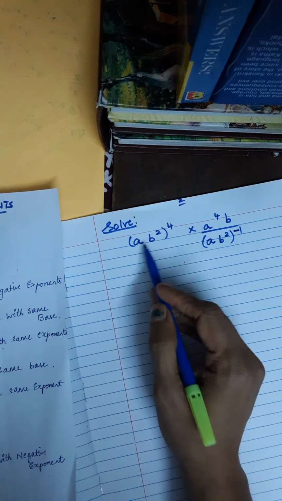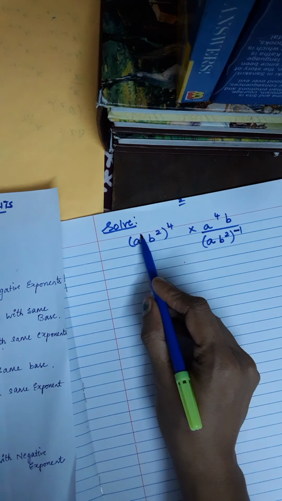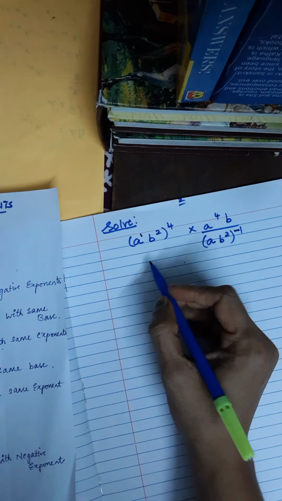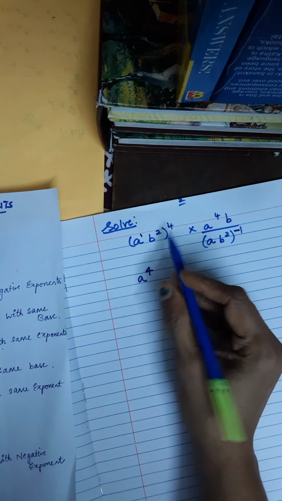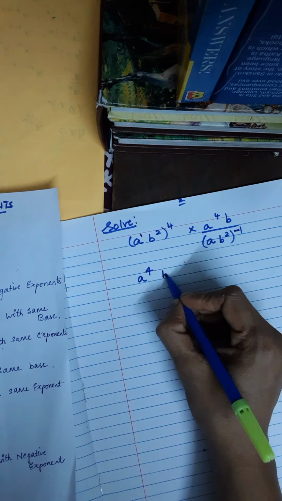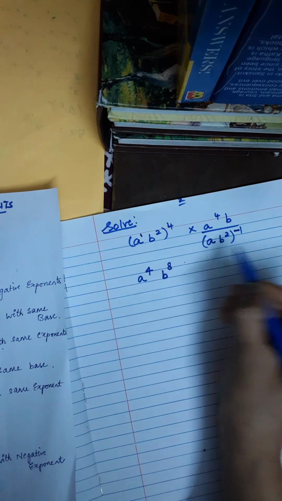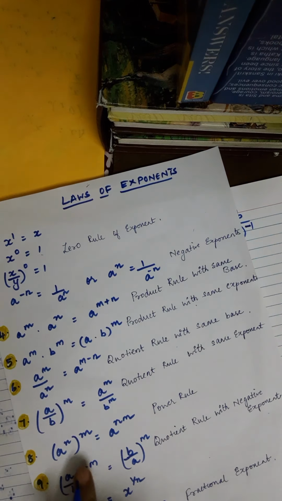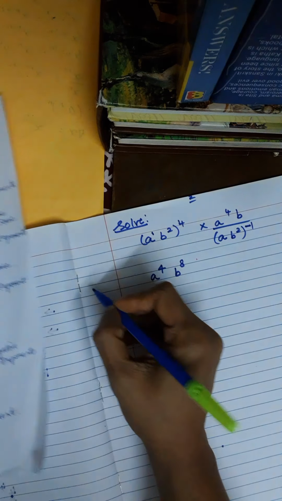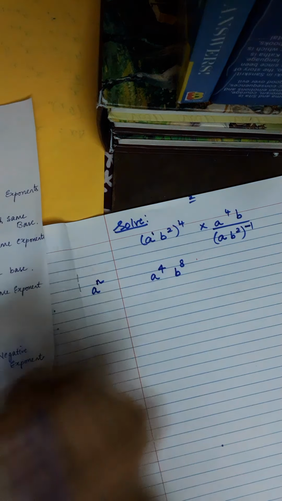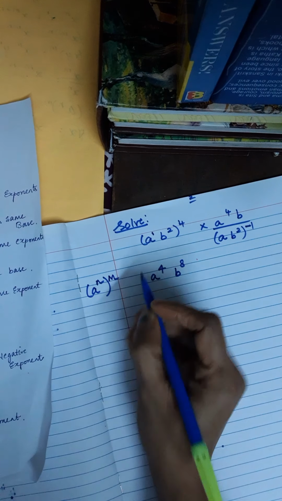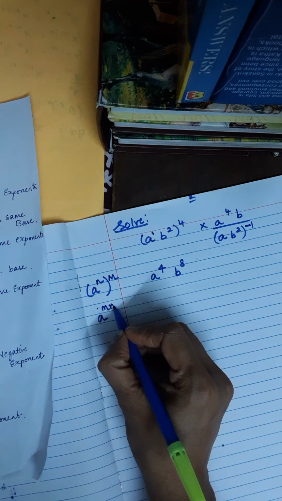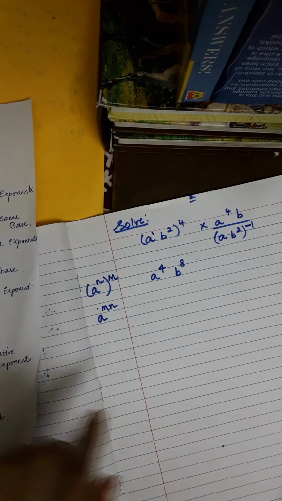Okay, so let's get started. What is this? I've already got an existing power, and there's another power, so we are going to apply the power of power rule here. So a to the power 4, I'm going to multiply, and b, 2 into 4 is 8. What rule have I applied here? This rule: I've already got a power here, and for that another power is also multiplied. I will write a, and I have to multiply my powers n into m. This is what I have done here.